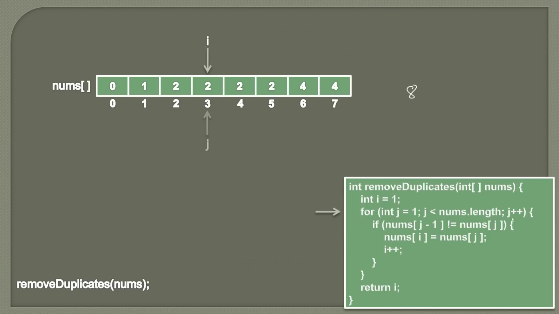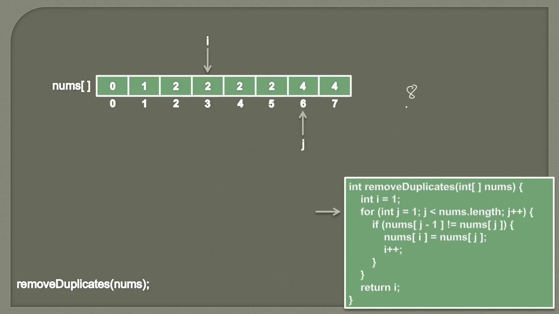We increment j, becomes 4. 4 is less than 8, so this for loop will execute. So now we are comparing these two values. So condition in if block comes out to be false and we do nothing. We increment j, becomes 5. 5 is less than 8, so the for loop will execute. And now we are comparing these two elements. So the condition in if block comes out to be false. We simply increment j becomes 6,